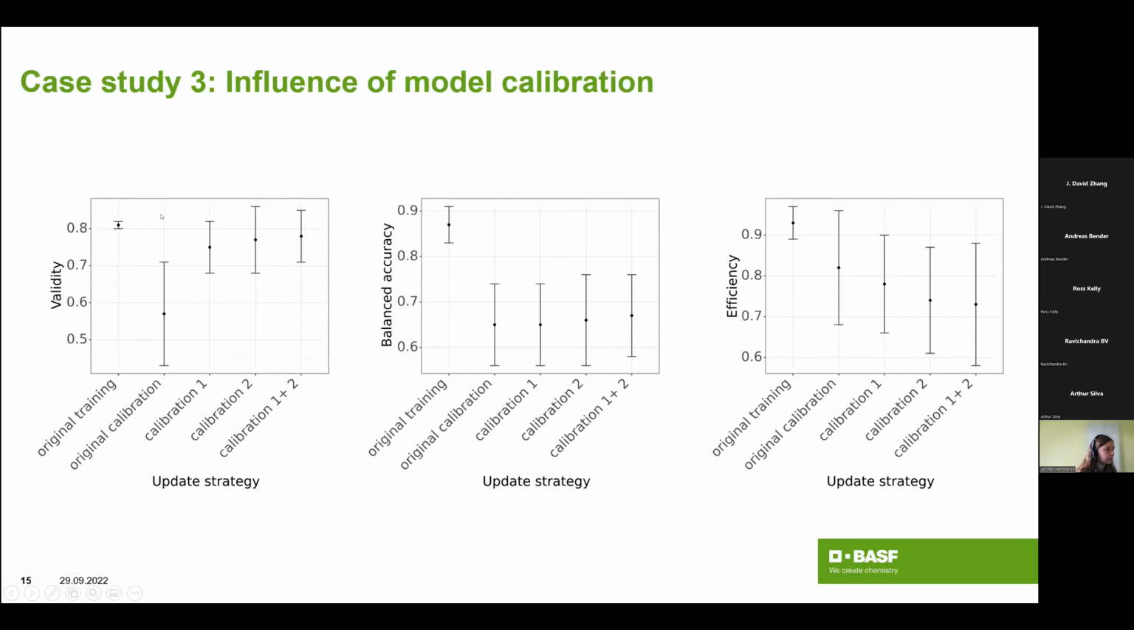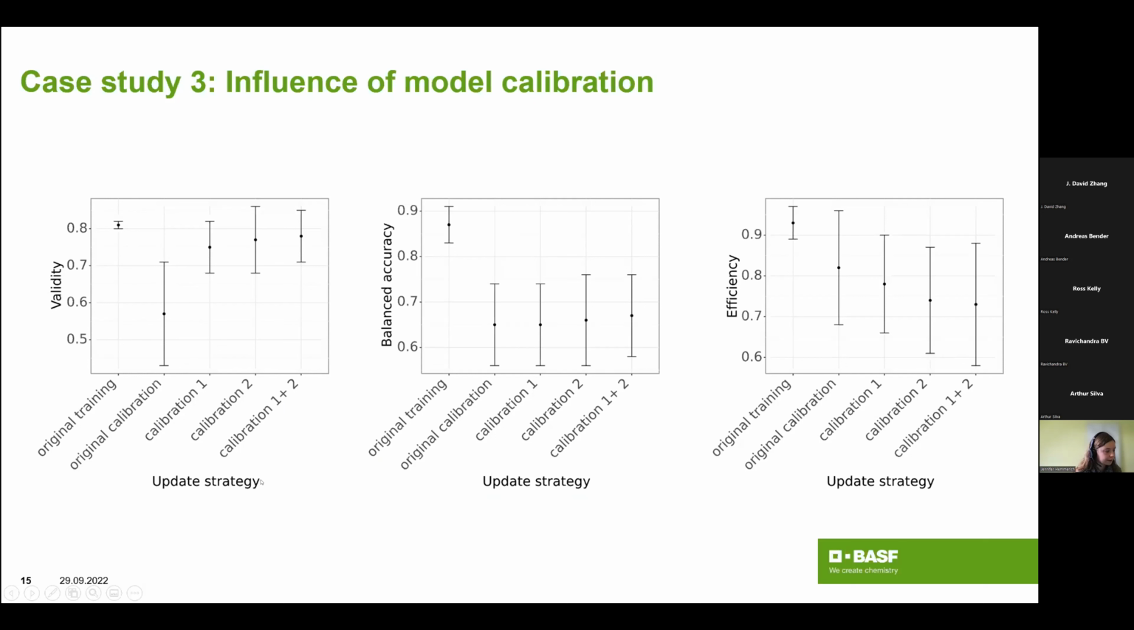Now, if we use our holdout test set on the original calibration and the original training data, the validity drops. And this just means that our assumption that 80% of the predictions that we get out of the model are correct is just not true anymore. So that essentially means that we cannot use the model on this data because we cannot assume that the predictions are valid. So then we used our calibration data set 1, the calibration data set 2, and